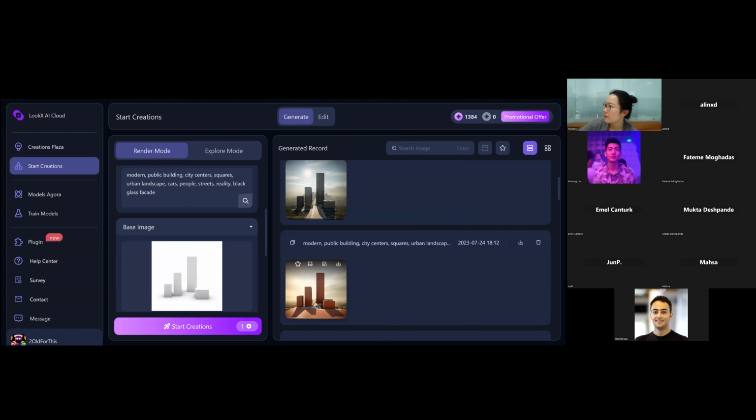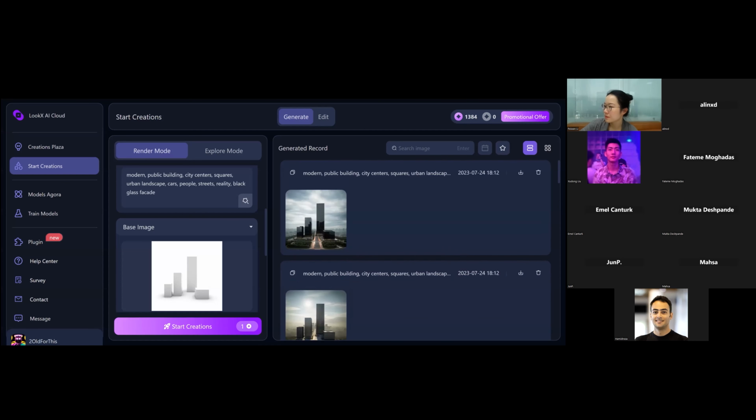So by changing some part of the prompt text, you can have a very quick test on the material of the facade. And in another case, given that you are an owner of an old house,